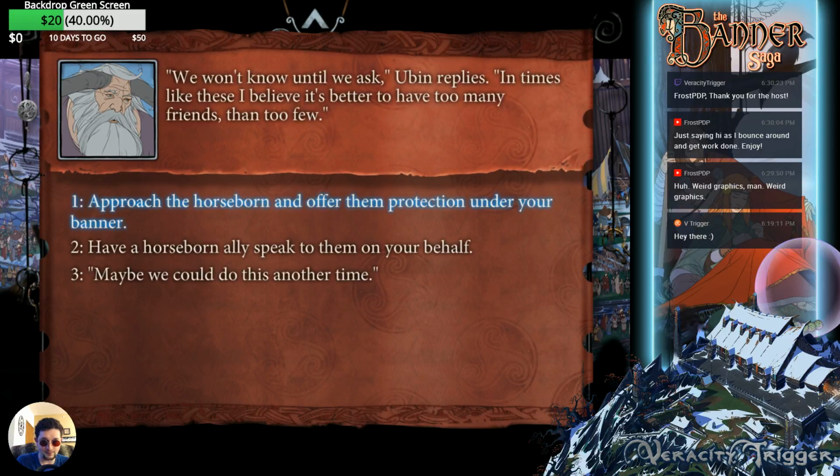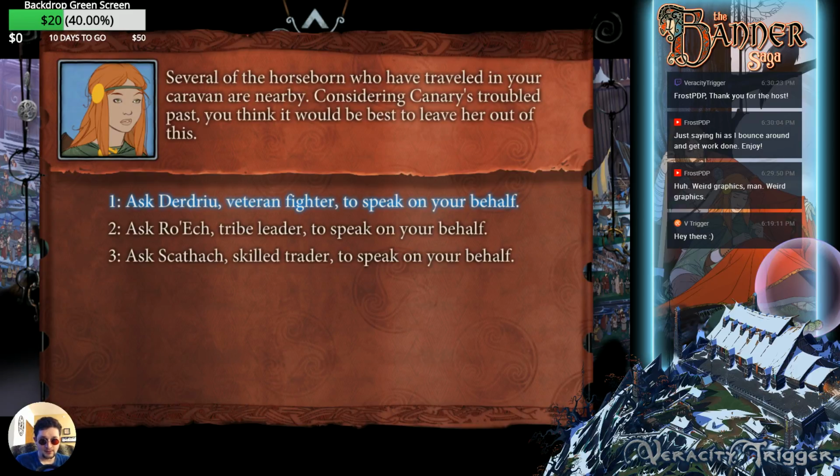Sure they want that? We won't know until we ask. Times like these, too many friends. Approach a horseman and offer them protection under your banner. Have an Orsborn ally speak to them on your behalf. Maybe we could do this another time. Okay,